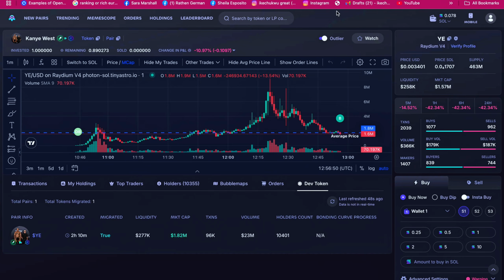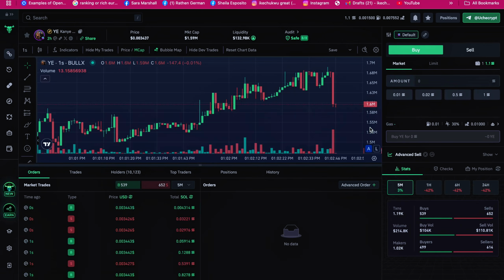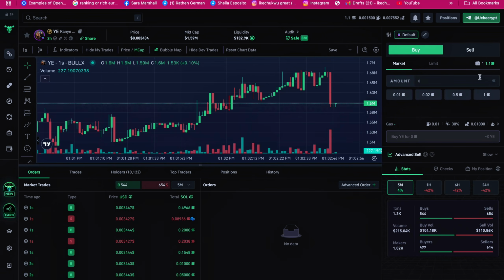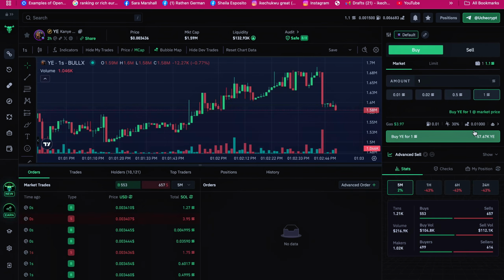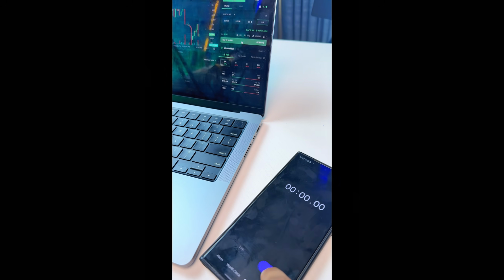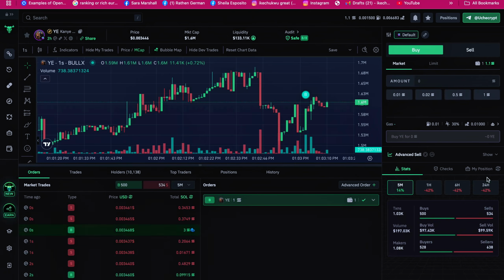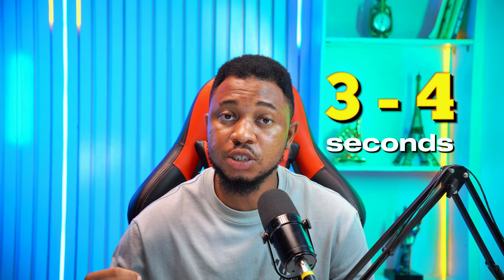So let's go finally on BULLX. So I'm gonna paste the contract address, and let's start the timer again. So I'm gonna select 1 Solana, and so I would go ahead and click on start, and completed. So it completed in 3 seconds. So I think this was the fastest. So right now we've been able to ascertain that all of these platforms buy between 3 to 4 seconds, which